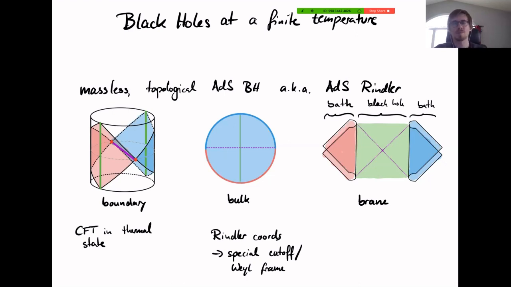Okay. So it seems like this story relies heavily on just changing coordinates to these Rindler-like coordinates. That's right, yeah. Okay. So it probably wouldn't work for spherical topology black holes. Well, you can set up the calculation. The beauty of this particular one is